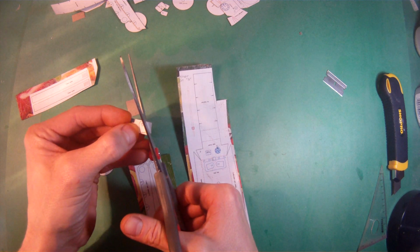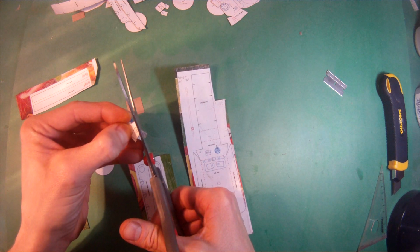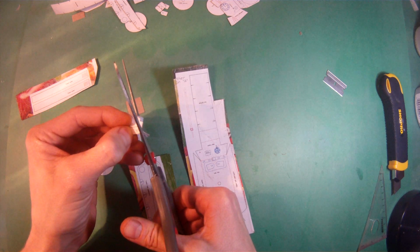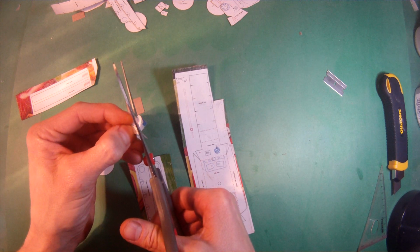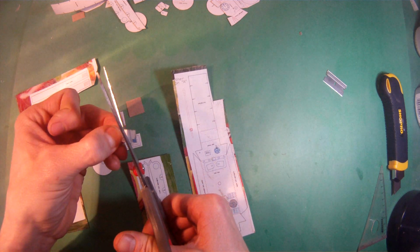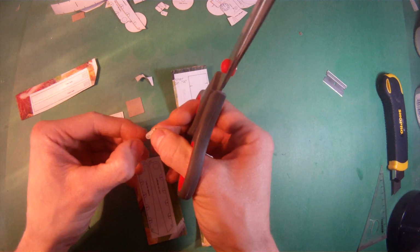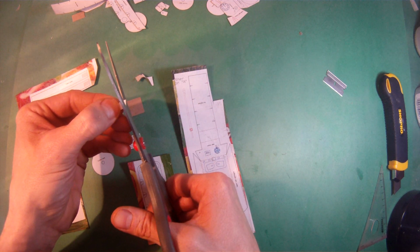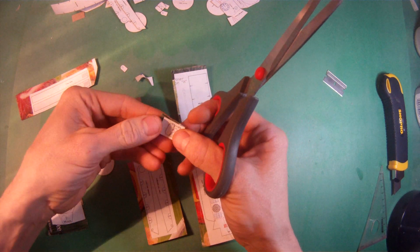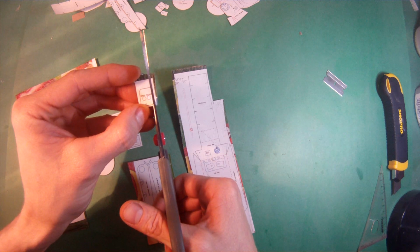And then when you're doing the rounding, instead of trying to turn the scissors into the work, just turn the work and cut really, really slow. You should be able to do a nice job of it. Like so. And with the rear hatch, there's these kind of rounded corners, and these are a little bit easier